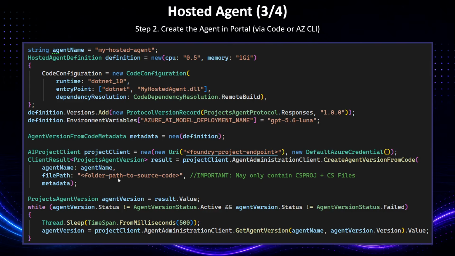Here's the file path to where the source code is. And here it's very important that you get rid of any bin and obj or launch profiles or any other kinds of files. It can only be the CSPROJ and the CS file. I think they have chosen that because that's essentially what goes into a Git repository. So you could point it to a Git repository, download that, and say this is what we go in. But if there's a bin or obj file, it will actually fail deploy.